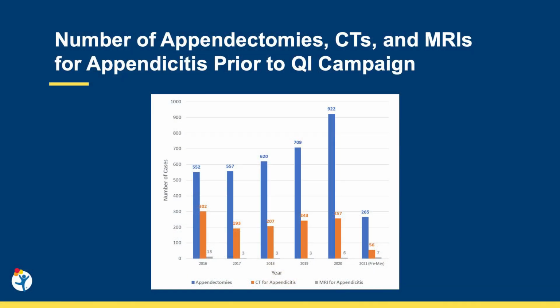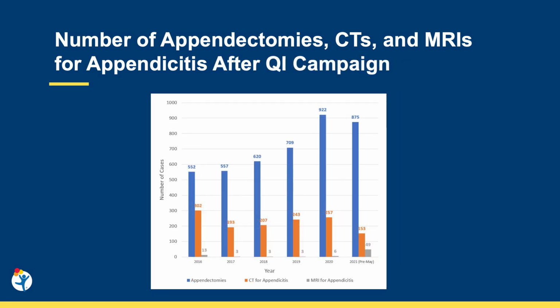However, we were noted to be outliers in underutilizing this radiation-free imaging modality for appendicitis, compared to these other national trends. Prior to our study, the annual average of CT scans and rapid sequence MRIs for acute appendicitis were 240 and 5.6 respectively. And because CT scans have innate radiation associated with its use, we developed a quality improvement campaign